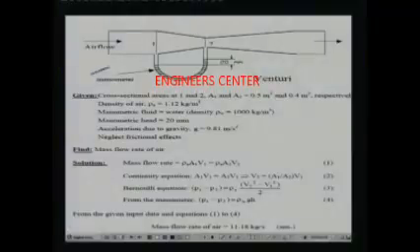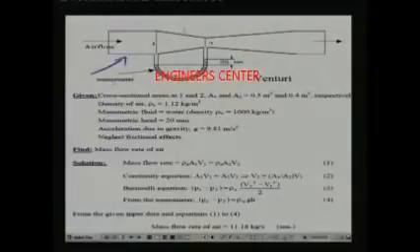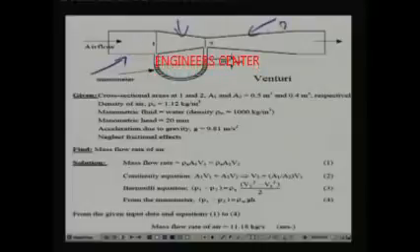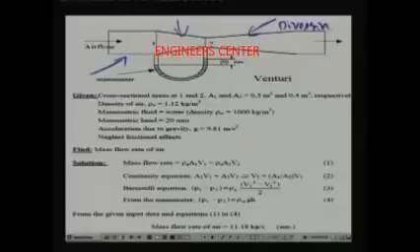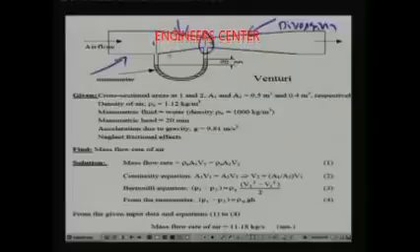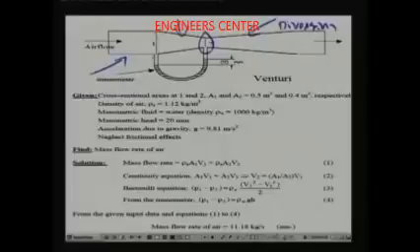As you can see in the figure, it consists of a straight portion, then a converging portion and a gradually diverging portion. This is your diverging portion, this is the converging, and where the diverging and converging portions meet, that portion is called the throat of the venturi. And here the inlet to the converging portion is 0.1 and the throat portion